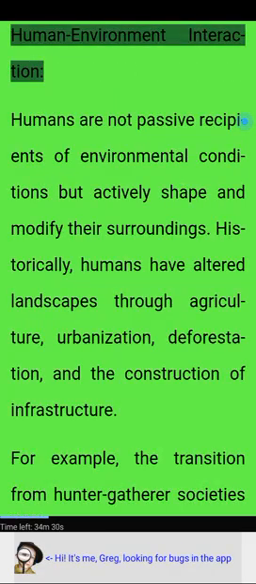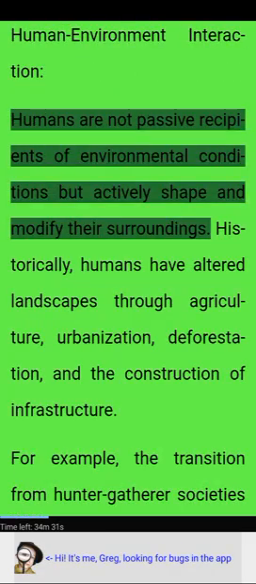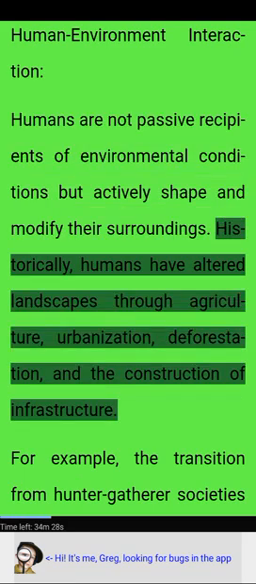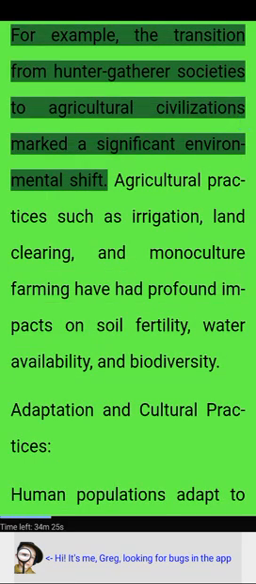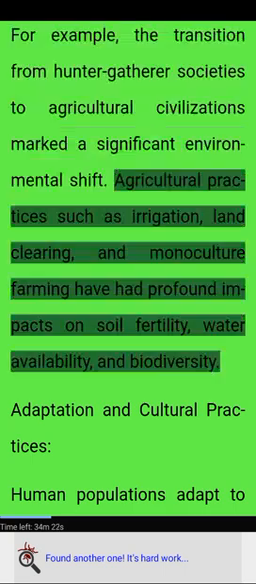Human-environment interaction. Humans are not passive recipients of environmental conditions but actively shape and modify their surroundings. Historically, humans have altered landscapes through agriculture, urbanization, deforestation, and the construction of infrastructure. For example, the transition from hunter-gatherer societies to agricultural civilizations marked a significant environmental shift. Agricultural practices such as irrigation, land clearing, and monoculture farming have had profound impacts on soil fertility, water availability, and